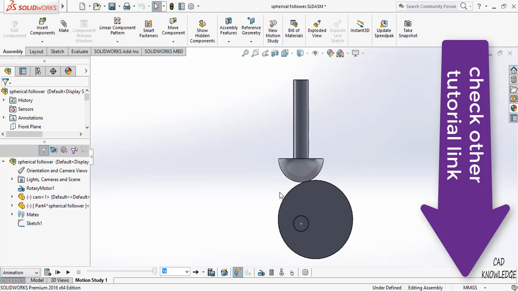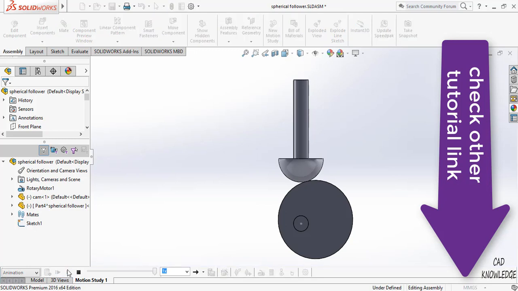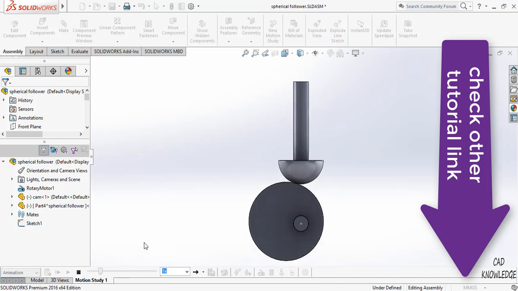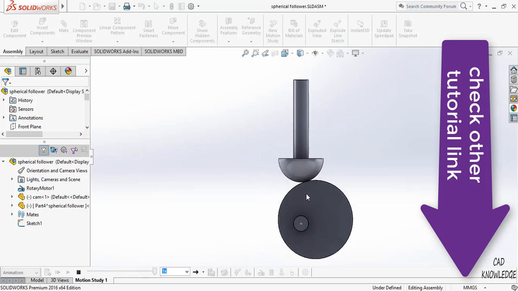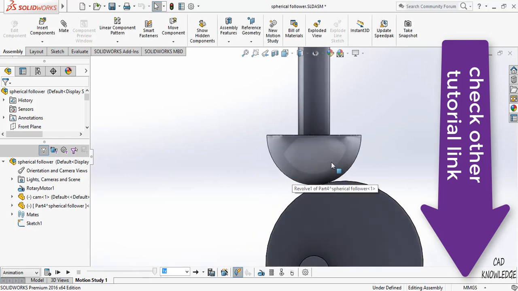Okay, so now let's see the next one. The next one is the spherical or mushroom type cam and follower. This is basically used in the car mechanism, car cam and shaft. So a question arises, what is special about it?